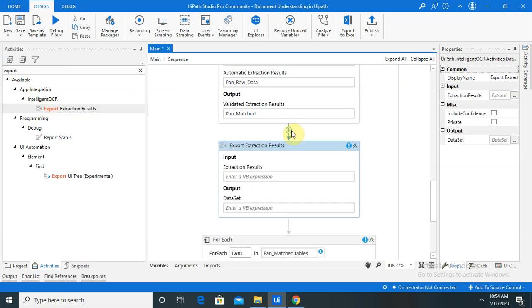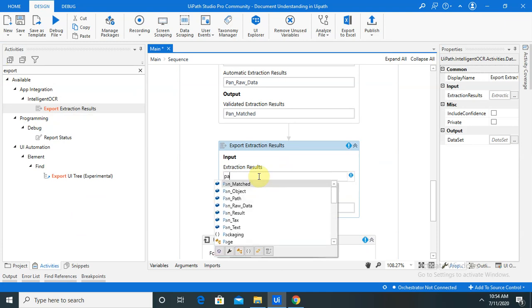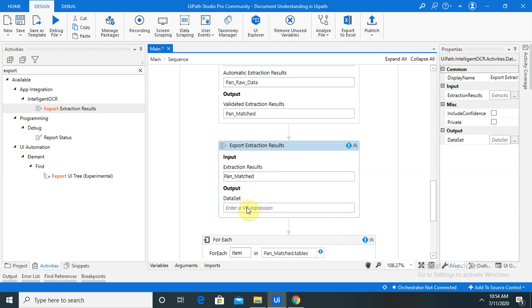So in pan final we will provide it here, because once we create the extraction result here, you can see pan final is a data set, and in that data set we are able to use in our format or in our Excel.